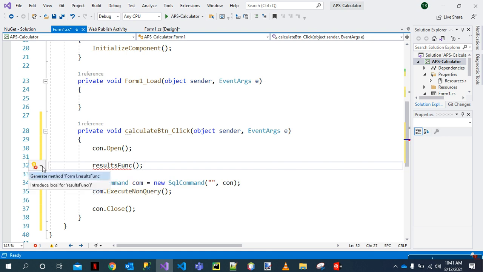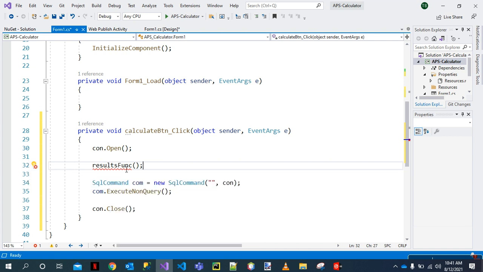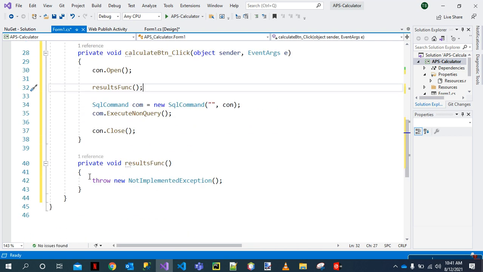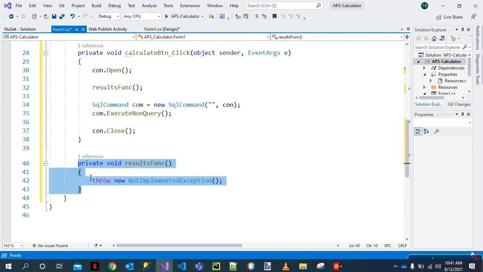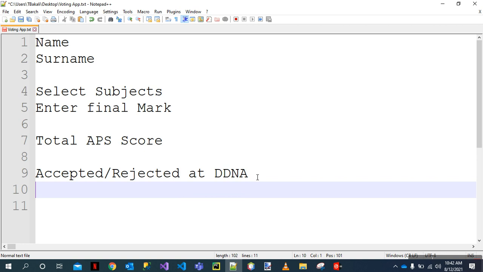Visual Studio will help us to create this function, using Generate Method. So you will see there it is. Visual Studio will generate a new function for us called results function. Now on this function, because this is where we need to start, we need to check if your APS, you got at least 4, a minimum of 4 on all of those subjects, right? So that is an additional requirement I'm putting here. So to get an accepted result,